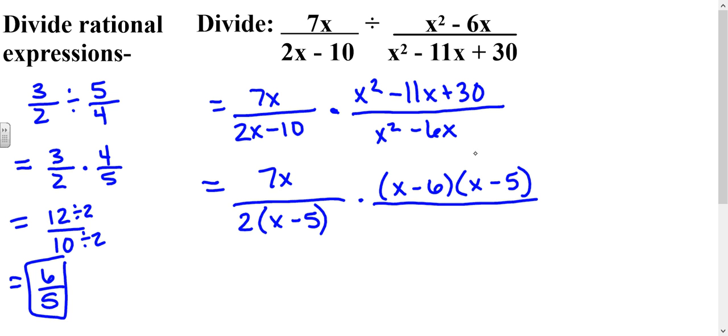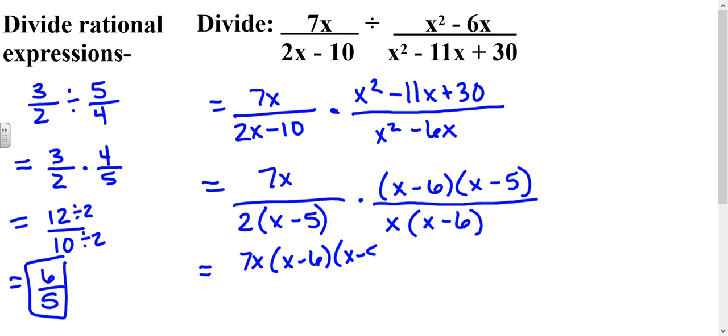Because negative 6 times negative 5 is positive 30, and they would add to be negative 11. On the bottom, I would take out the greatest common factor. So I would have x come out of this, and I would have left over x minus 6. Okay, so from here, if we go straight across, we would have 7x, we would have x minus 6, and